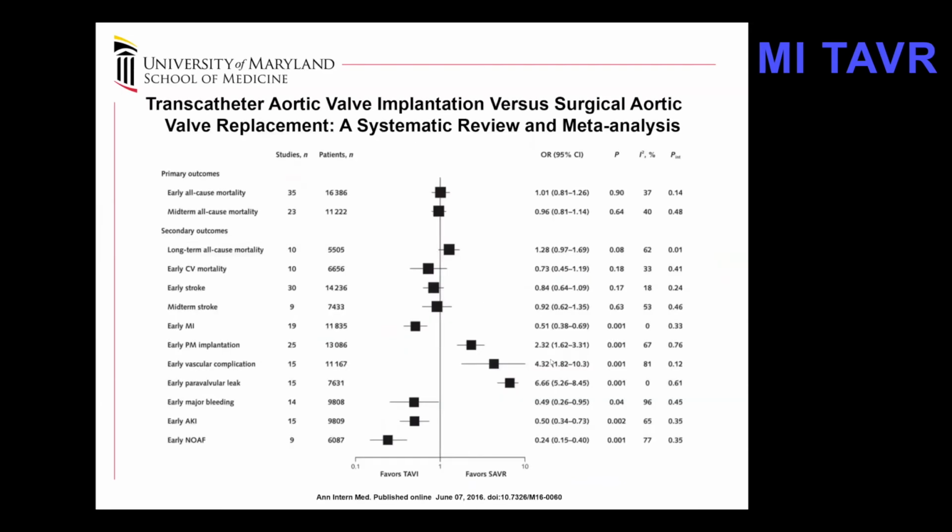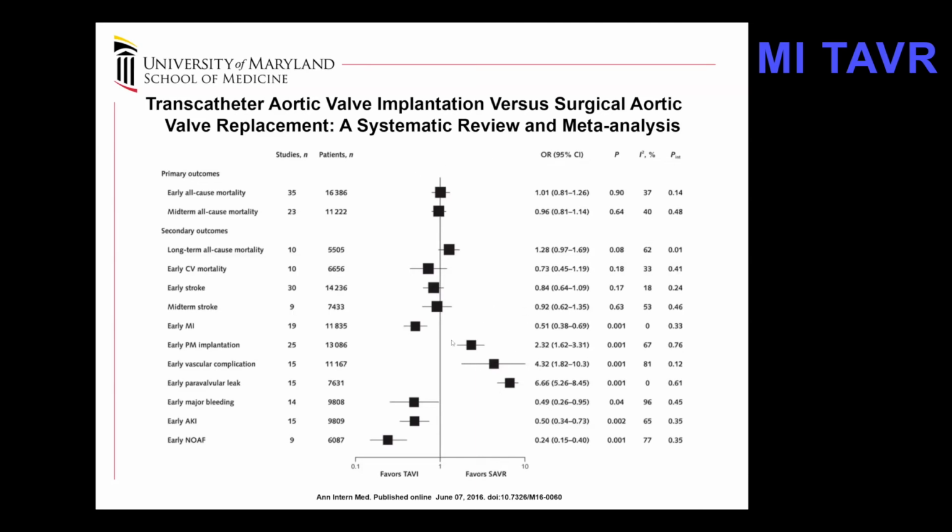But I really think that the focus on the discussion has to go well beyond that and is more nuanced, and it revolves around really 2 points: that of durability and that of hemodynamic impact. And I hope to spend a few minutes on both of those points. And I highlight this part of this